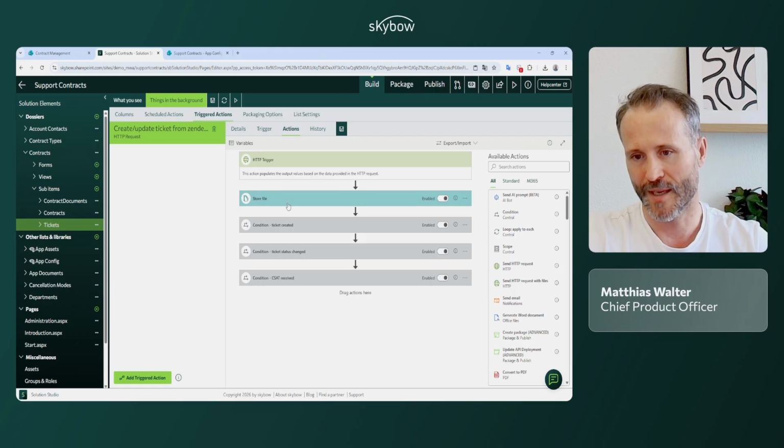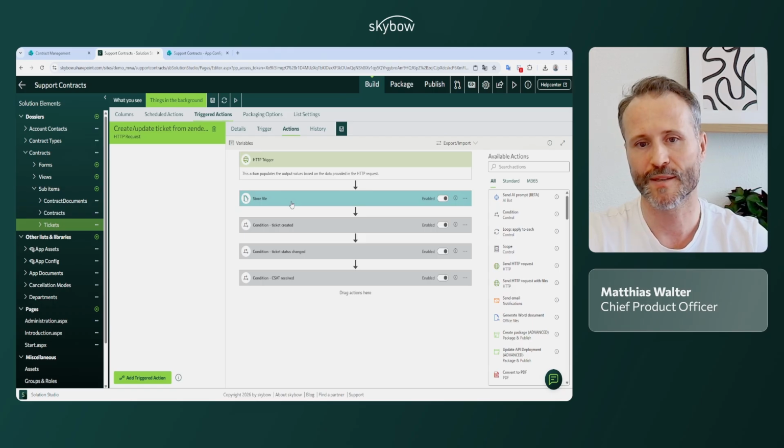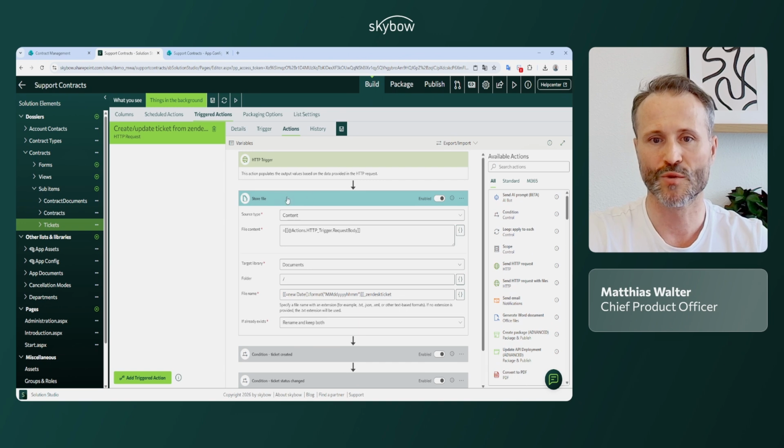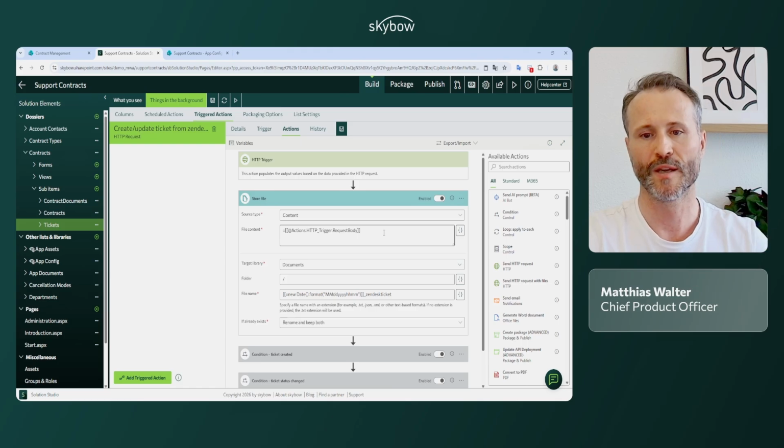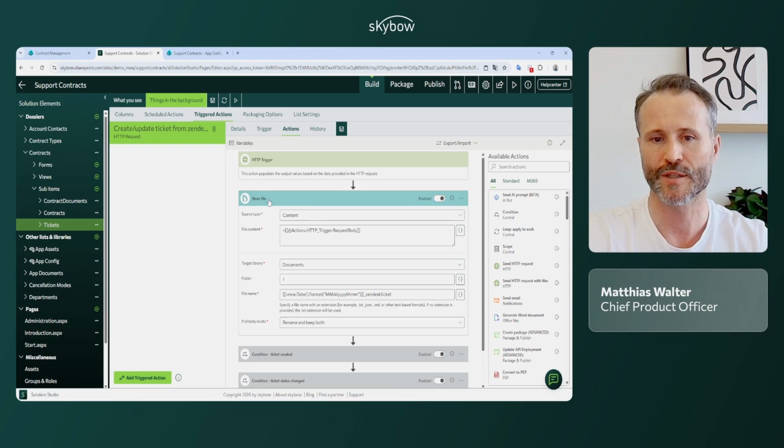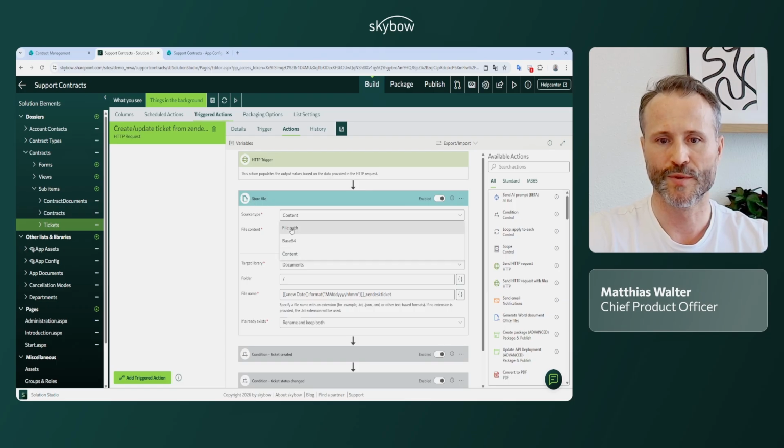So in my case, as a best practice, I'm always storing the body of the trigger that comes in. I will first store it with our action. We have a new action called store file, where you can choose a file, a base64 file, or just any content. And in my case, I'm just taking the content,